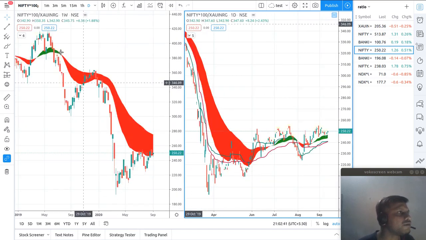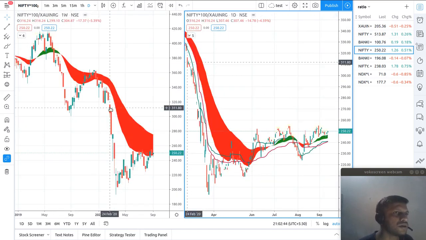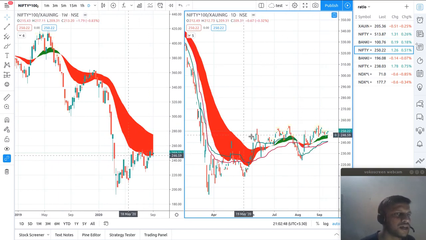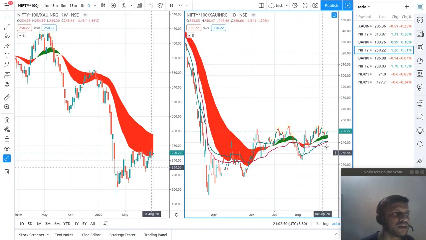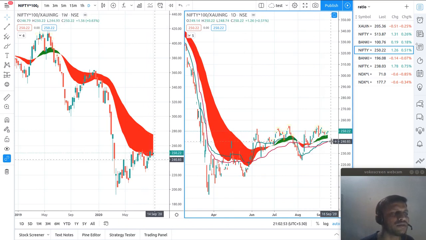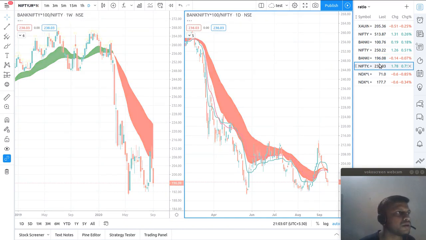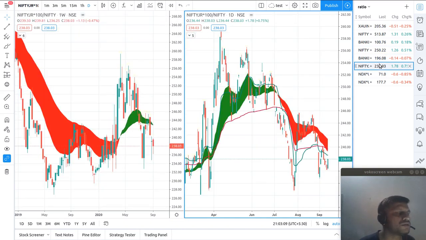Over here, I have Nifty with respect to gold, and in the weekly time frame, it's still in a sell mode, and in the daily time frame, it's still not clear. It's still fluctuating around that. So maybe 25% again here in Nifty with respect to gold. So you can analyze it; this is Bank Nifty versus Nifty. Nifty is outperforming. This is Nifty Next 50 with respect to the Nifty 50.